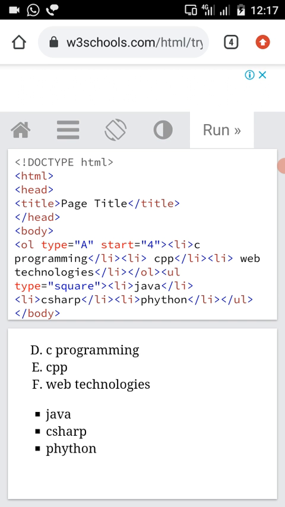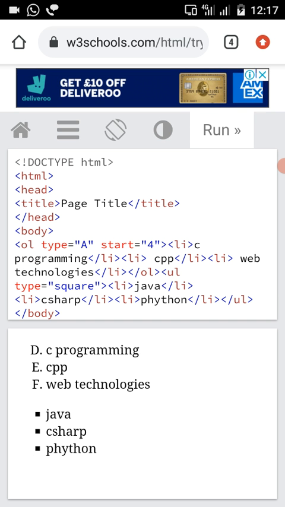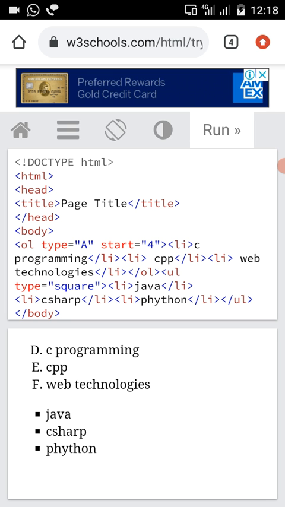Before I used the type attribute for UL, the list was displayed with full disc bullets. After using the attribute type with the value square, the output will appear like this.